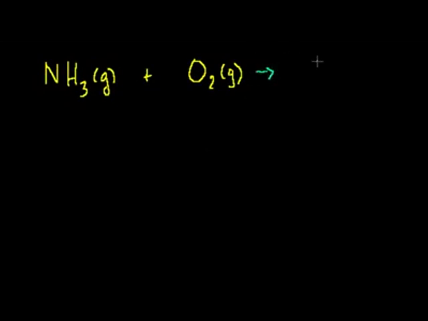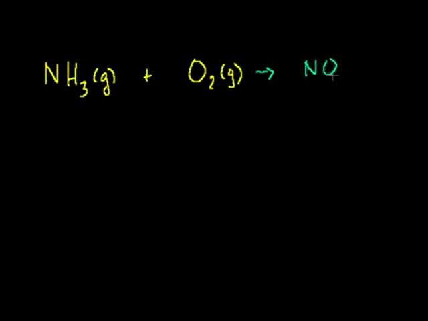Let's say we have some ammonia gas. That's NH3, and it's a gas. That's why the G's in parentheses. And we combine that with some oxygen, molecular oxygen. It's also a gas. And that reaction produces some nitrogen monoxide,